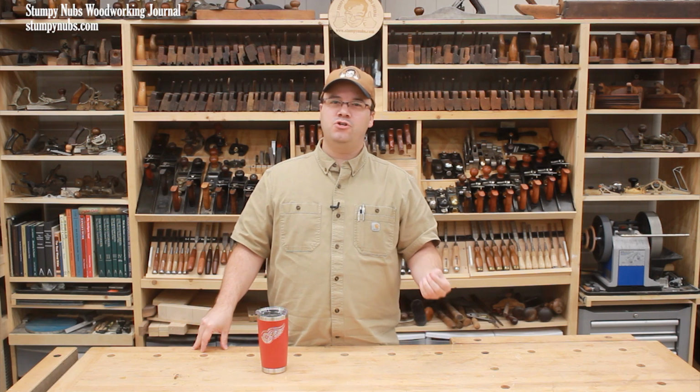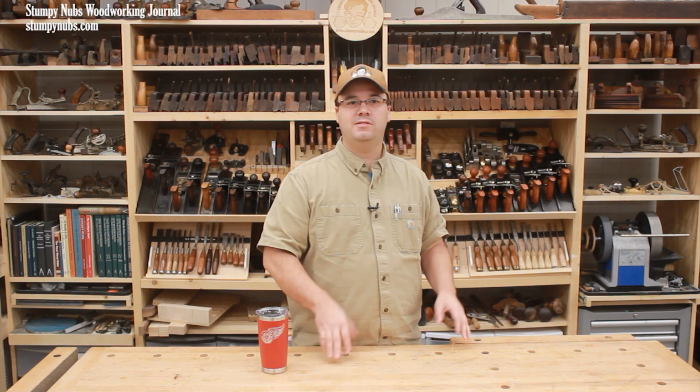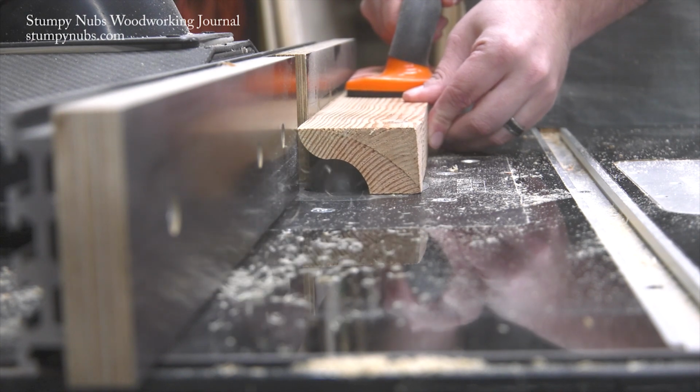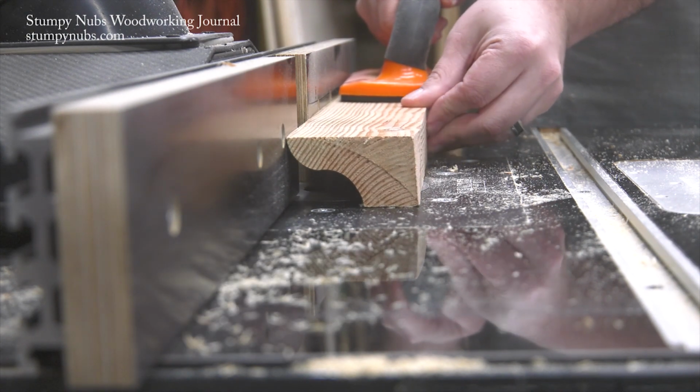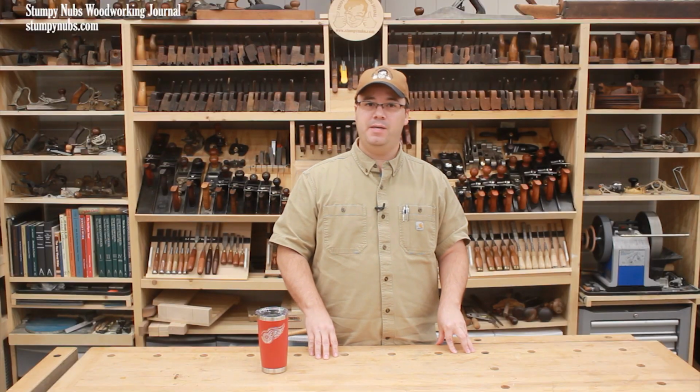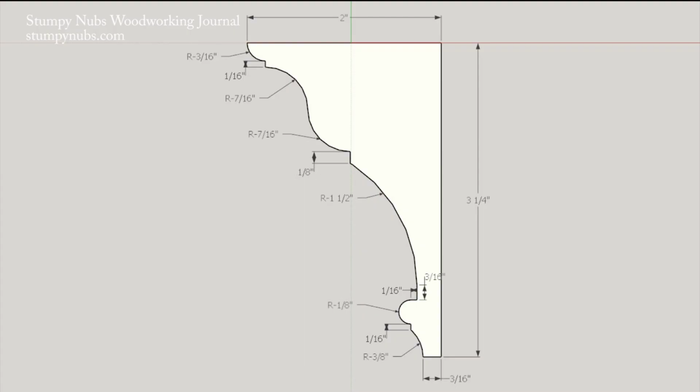Or you may feel like the profiles that you have don't fit the style of the project you're working on. The thing is, you don't have to be limited by the profiles in your set. You can make almost any profile you want, from a simple OG variation to a complex crown molding with just a few common bits. This is because all molding profiles are little more than a collection of coves, beads, and